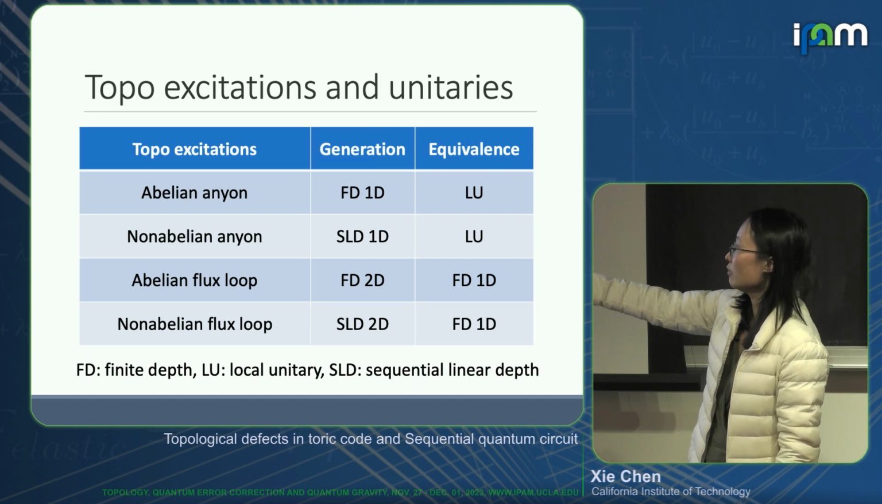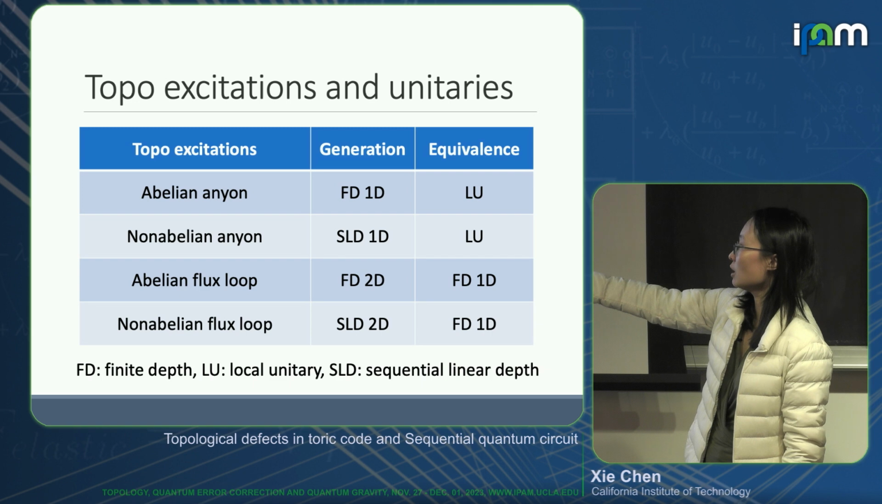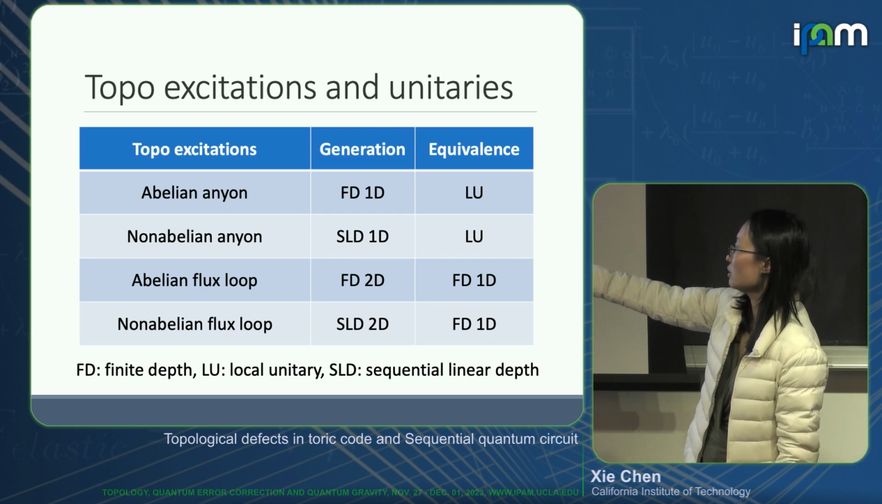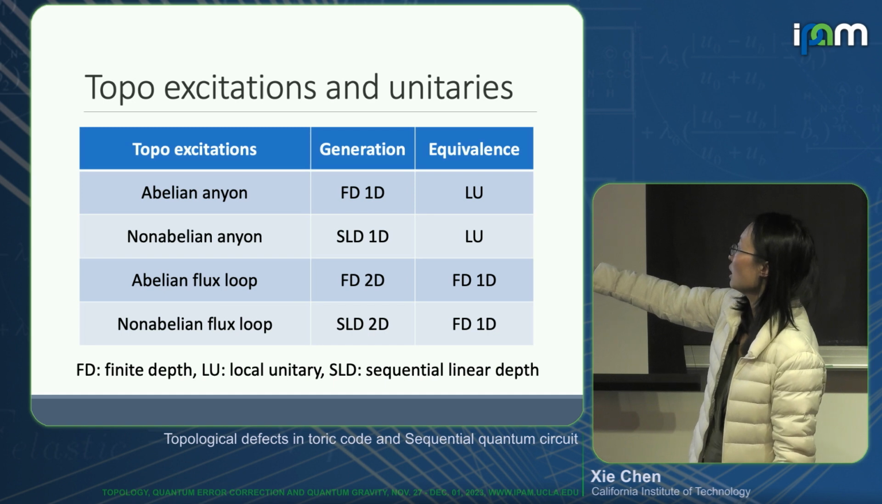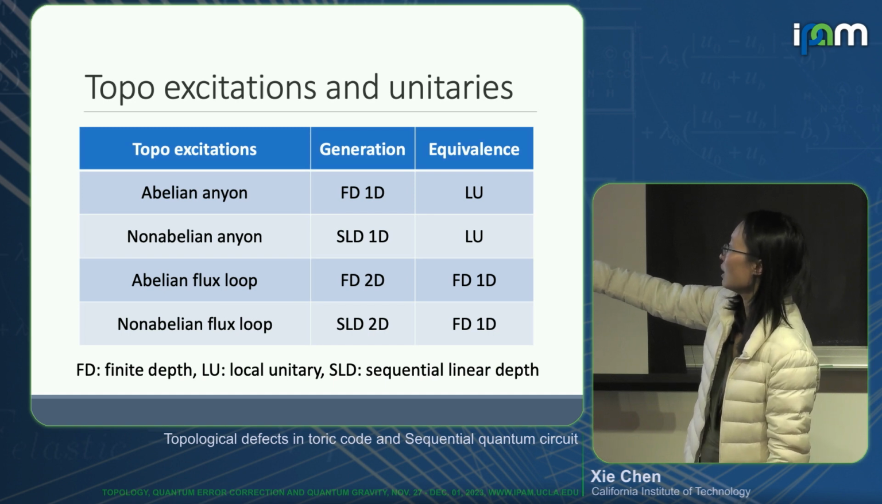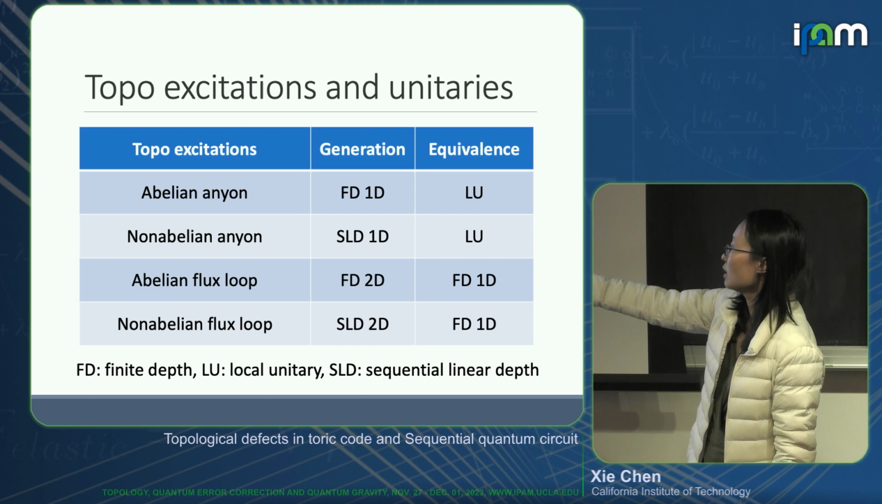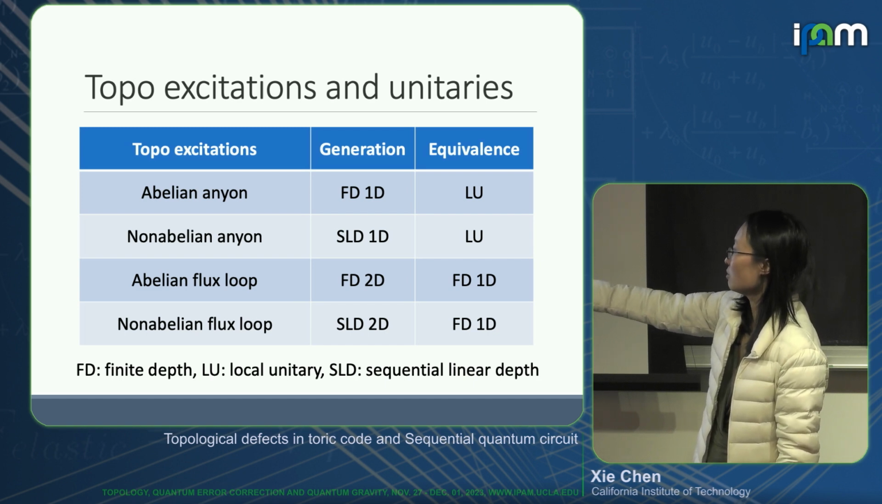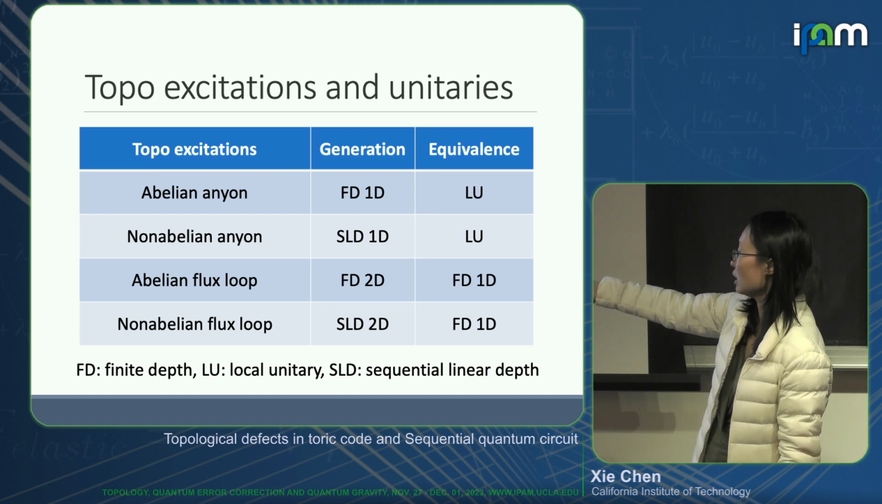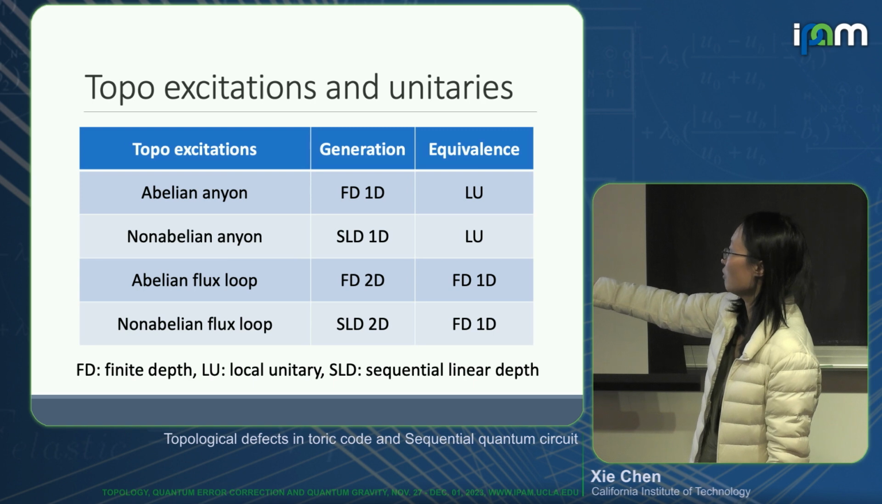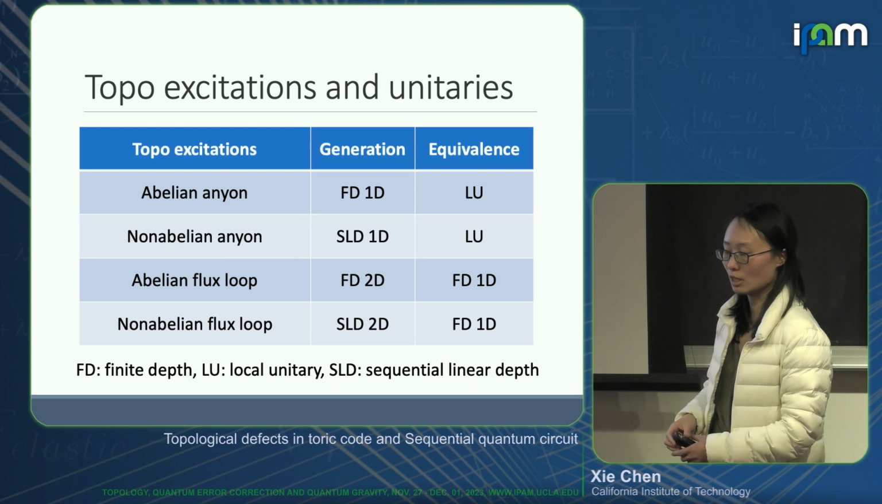And then when we talk about flux loops, it's very similar. The abelian ones are generated by a finite depth 2D circuit, and then the equivalence is given by a finite depth 1D circuit, and then the non-abelian flux loops are generated by a sequential linear depth 2D circuit, and the equivalence is given by a finite depth 1D circuit. Okay, so